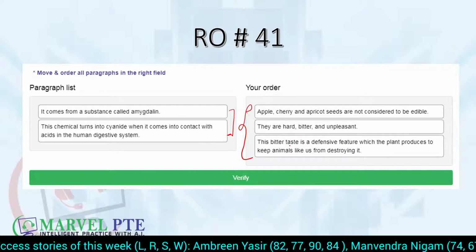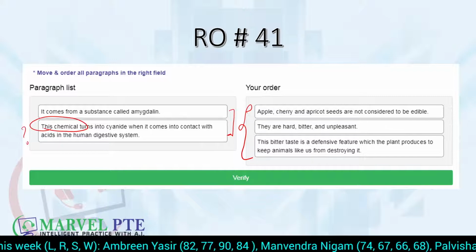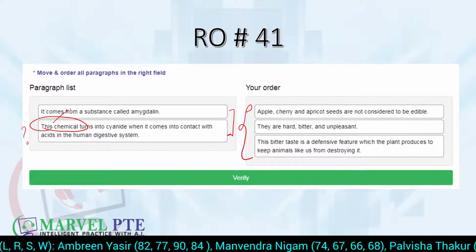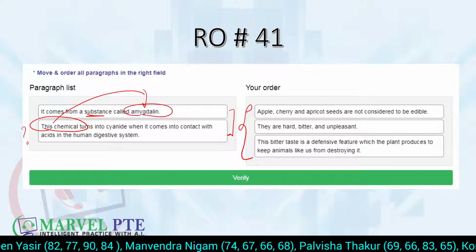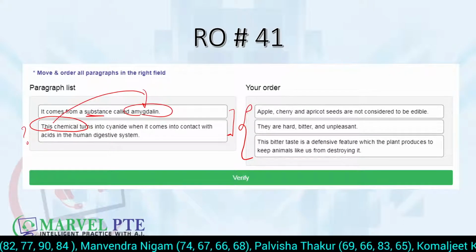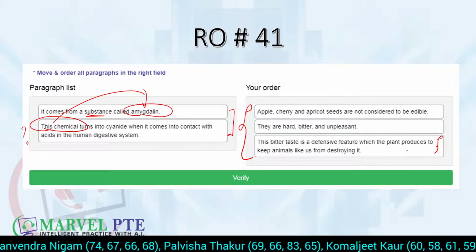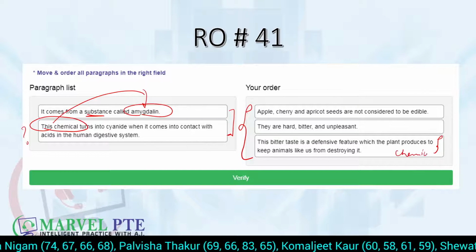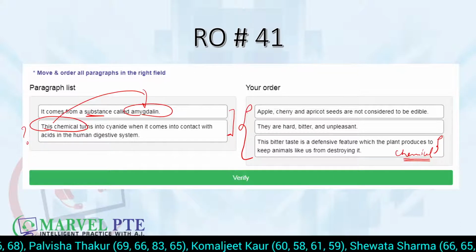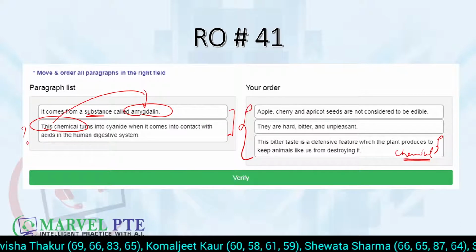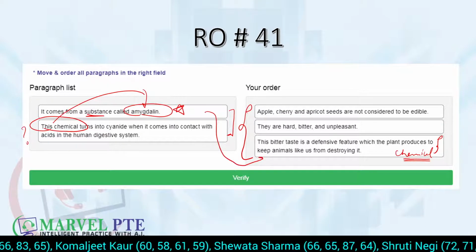अब कौन सा लास्ट होगा? दिस केमिकल. कौन सा केमिकल? कहाँ इंट्रोड्यूस हो रहा है वो केमिकल? चाहे आपको समझ आए या ना आए, आपको एक आइडिया लग रहा है सब्सटेंस या फिर ये केमिकल है अमाइगडालिन, एंड सब्सटेंस की बात हो रही है तो ये इससे एसोसिएट हो रहा है. क्योंकि क्या इस लाइन में कहीं पे भी कोई आपको केमिकल की बात हो रही है कि कौन सा केमिकल है? राइट, ठीक है, डिफेंसिव फीचर की बात हो रही है, बाकी सब बातें हो रही है, बट केमिकल कहीं इंट्रोड्यूस नहीं हो रहा. केमिकल कहाँ इंट्रोड्यूस हो रहा है? इस वाली लाइन में. ओके, सो दिस इज गोइंग टू बी हियर,